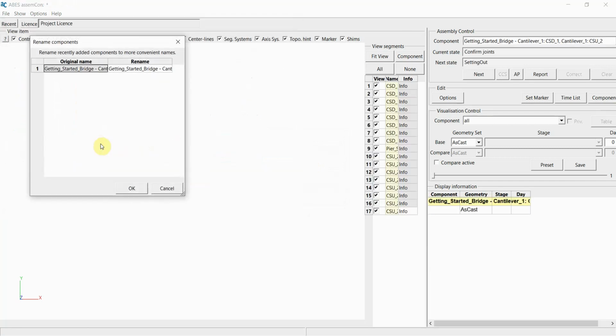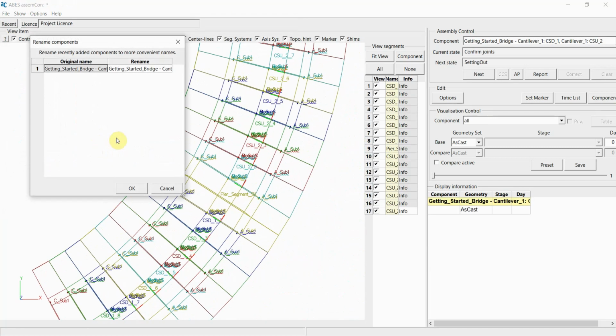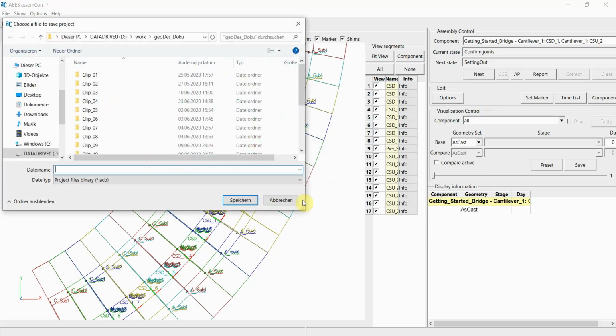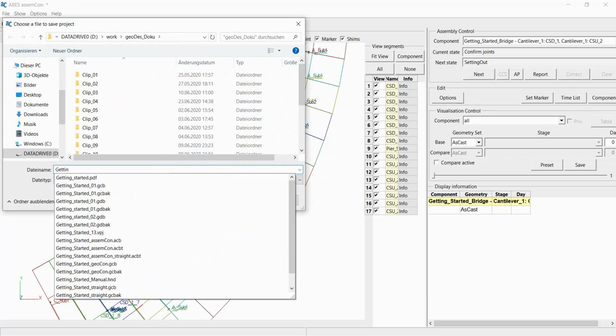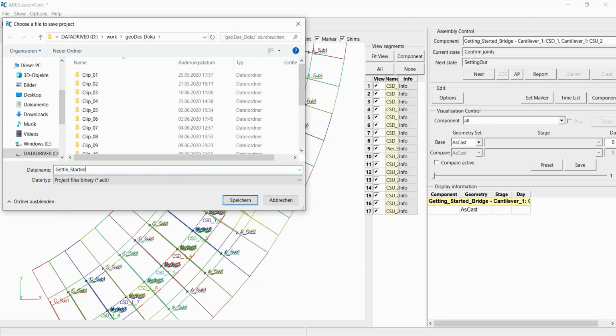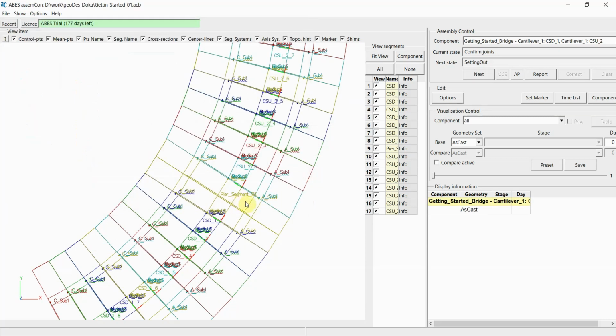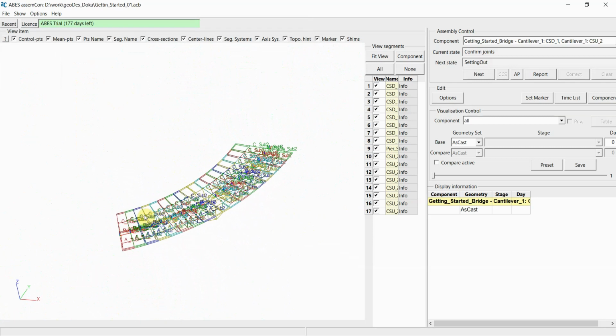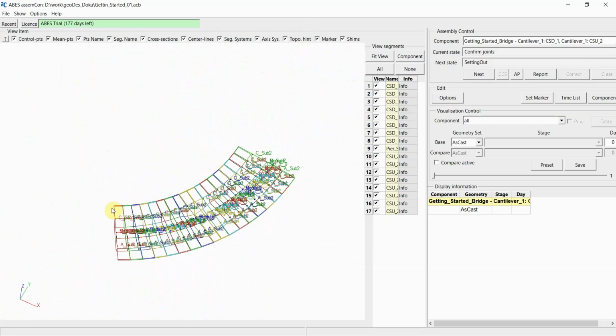This is the export file that we've just generated and has been sent to the construction site. We can make some naming conventions or change some naming conventions here. We won't do that, and press OK. If we have more than one license, we choose one and we save the project into a file name. We have now transferred successfully our as-cast geometry from ABES GeoCon into ABES assemCon,